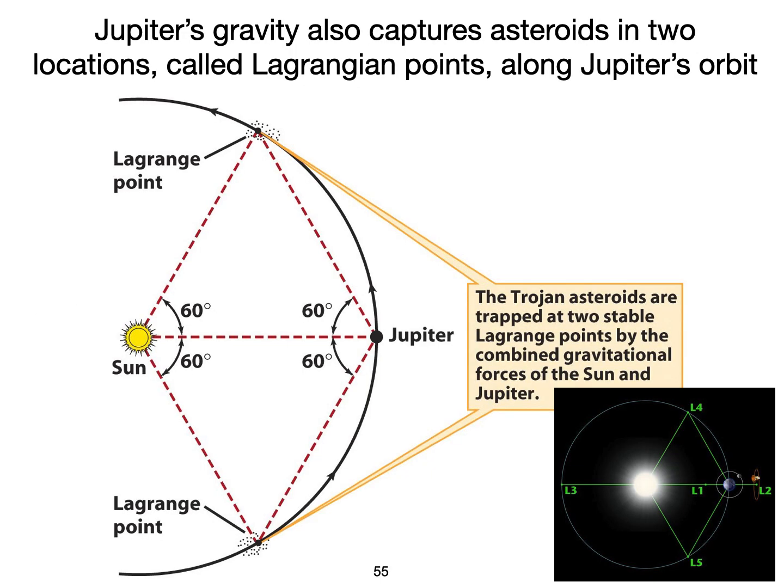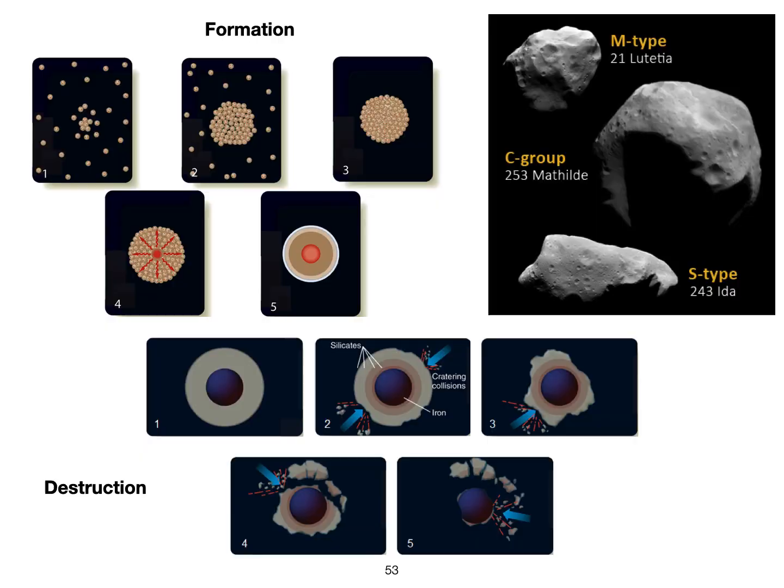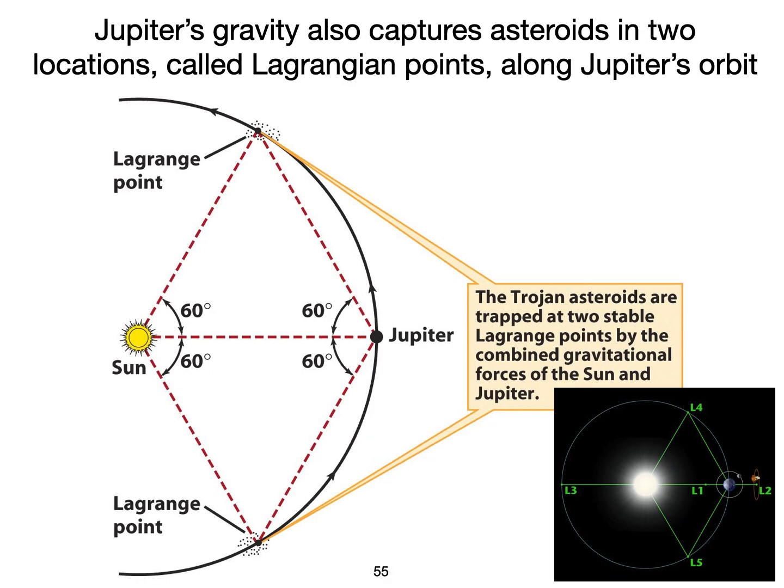Lagrangian points. Like I said, like these Greeks and Trojan asteroids, the whole class is usually called Trojan asteroids. Those are at points in Jupiter's orbit, so they're orbiting around small parts of that orbit, called Lagrange points, where the Sun and Jupiter's gravity basically balances the centrifugal force that these objects feel at that point. And it's something that we use